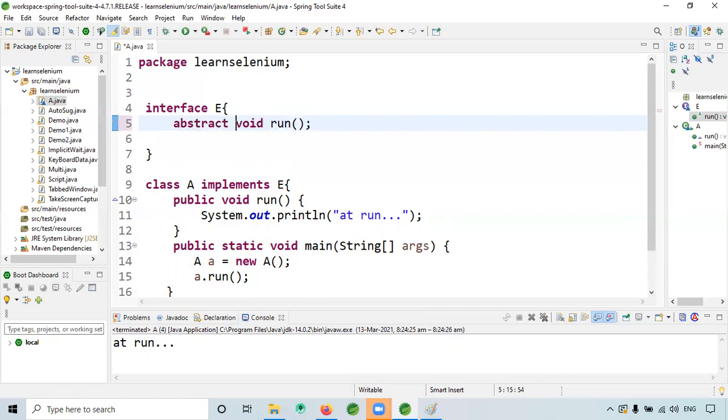Anyway, when we talk about theory, if we say what is the difference between interface and abstract class, one will have only abstract methods, but in interface we can have abstract methods and normal methods. Normal method in the sense of a static method, it will support. Maybe normal method in the sense where there is no abstract method, in an abstract class it will support.